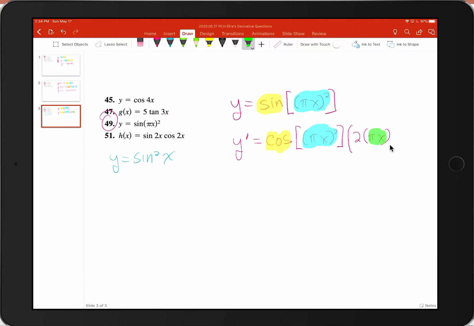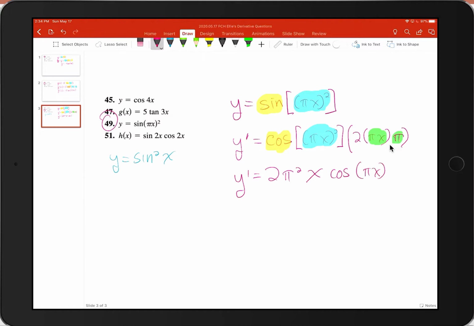So the derivative of this inside function, my second inside function, is just pi. So when you have multiple inside functions, you have multiple uses of the chain rule, and the final form of this derivative is 2 pi squared x cosine